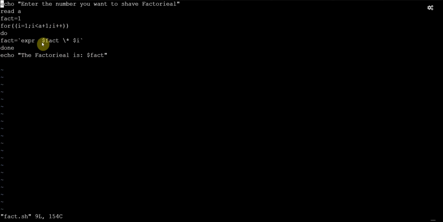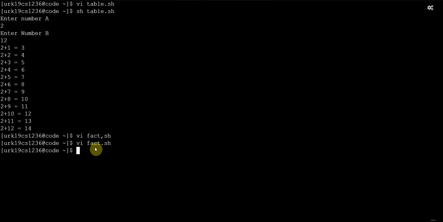If you give only dollar and a fact, that is multiplication. For multiplication we need one backslash and then the multiplication symbol, then i. If you give only this, it won't work, so we have to initialize expr here in the beginning. Then we are done with our code, and the factorial is the fact. Let us come out of the code.